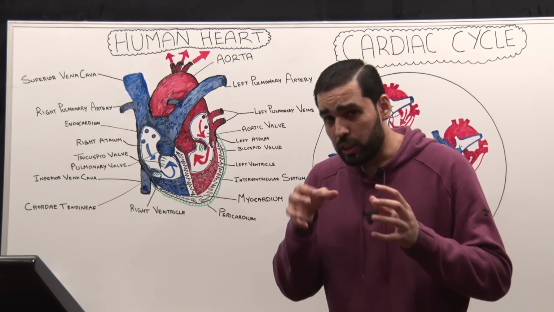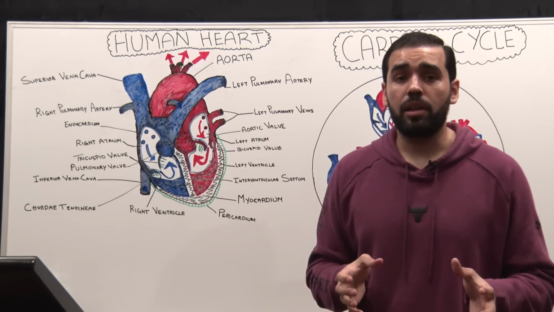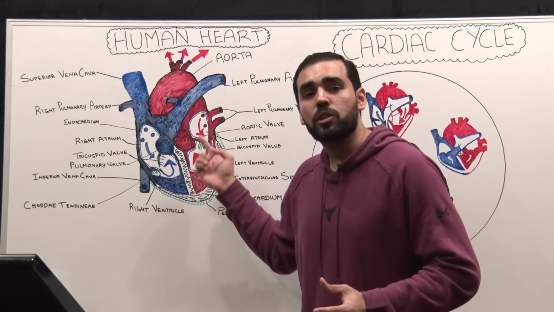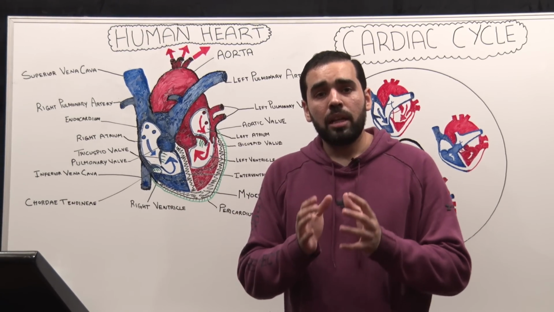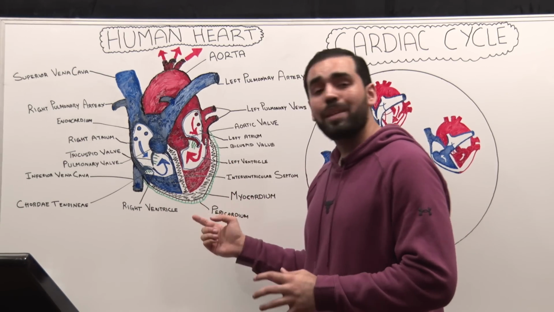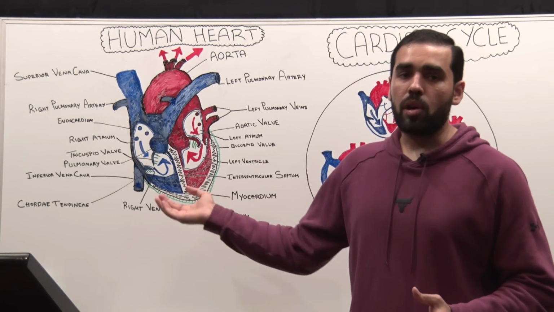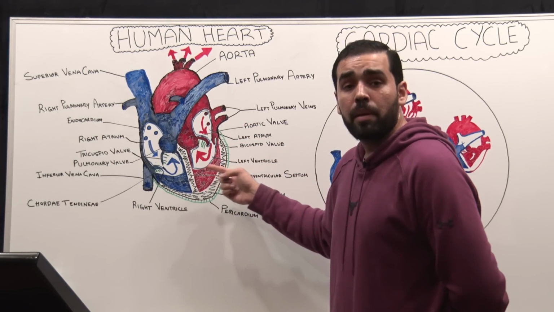Because remember, the blood is flowing through the chambers of the heart, and we don't want any kind of rough surface there, and we don't want any turbulence. So this smooth squamous epithelial lining made up of epithelial cells is making sure that the blood is smoothly flowing inside the heart. Endo means inside, because it's present inside, and that's why it's called endocardium. Cardium means heart. So the 3 layers are endocardium, myocardium, and pericardium.